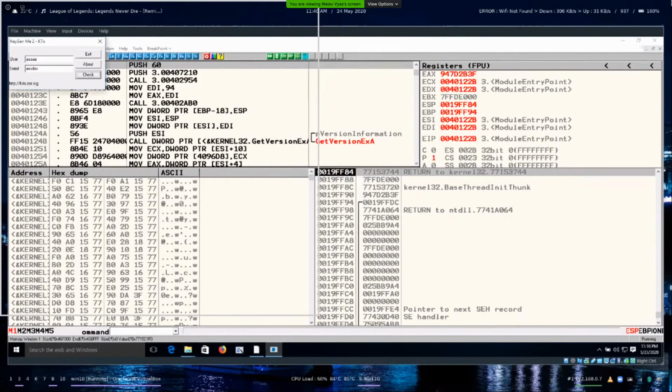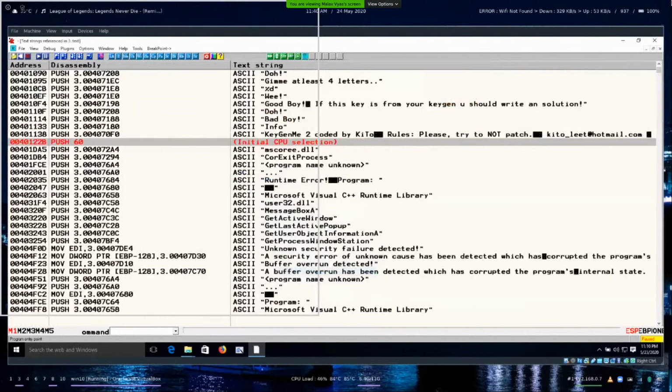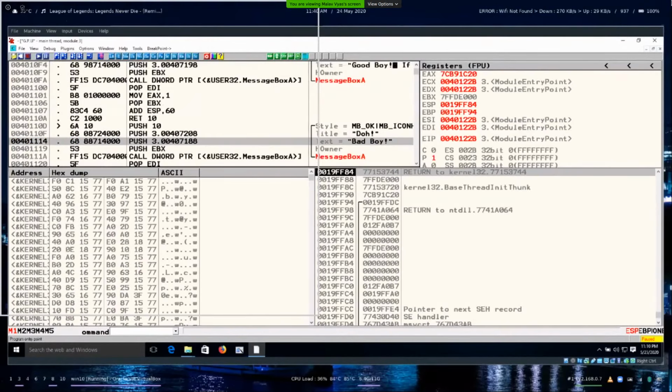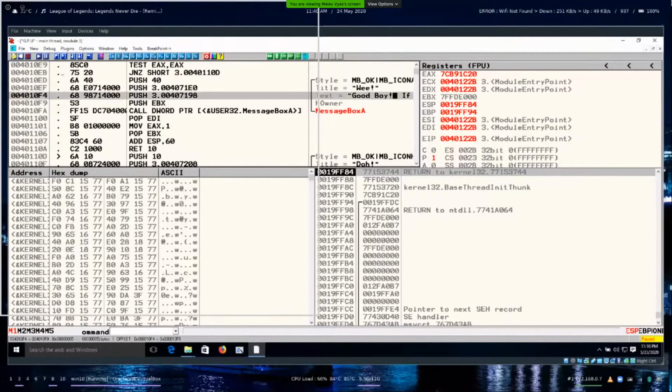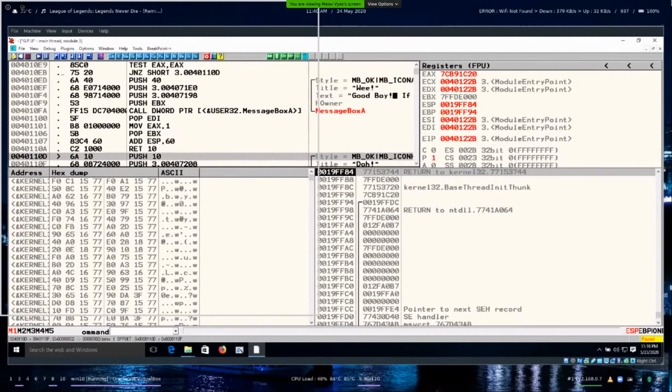So we can see that there are test cases with both user and serial. The user should be greater than or equal to 4, and then the serial should match what is provided in the program. Restart and search for the strings. We don't want this one because it says serial is bad. We want this. So let's see what it does before.